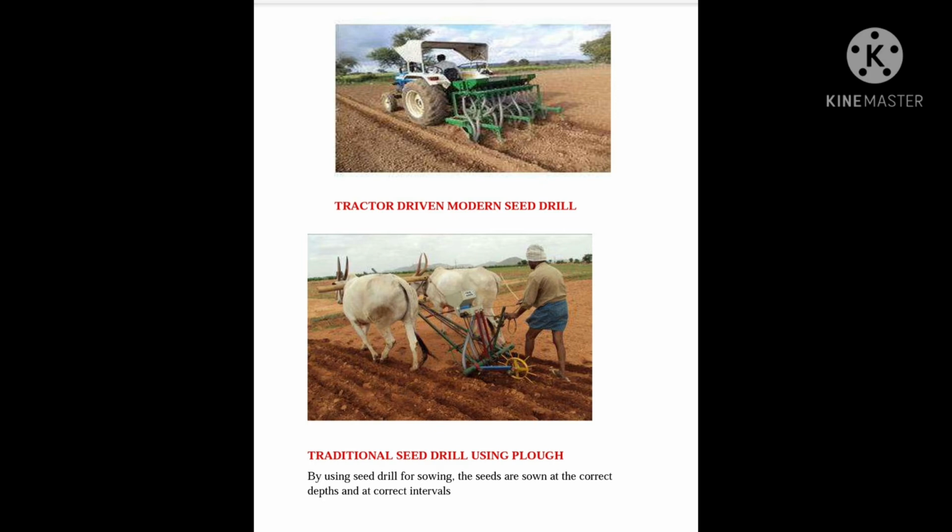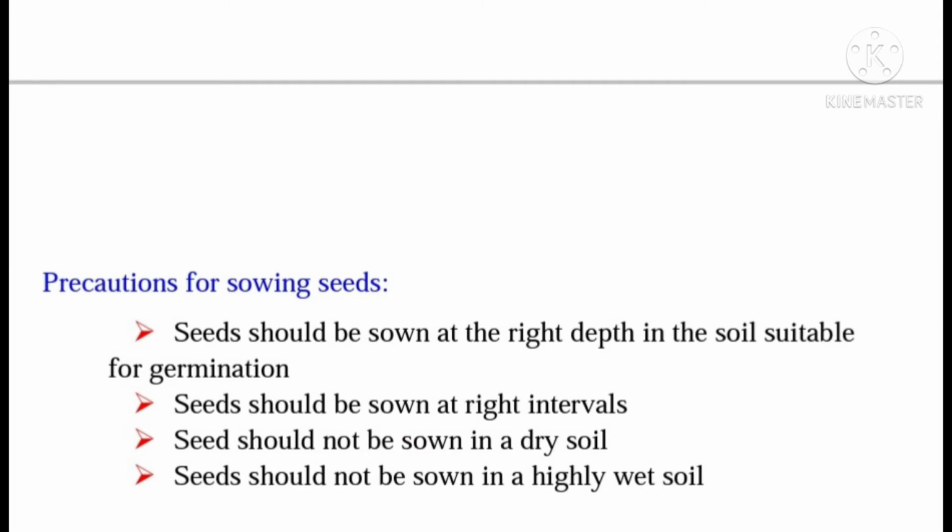Now you can see here what precautions are taken for sowing seeds. Okay, you cannot simply sow, throw or scatter the seeds on the fields, or you may not get the crops. So certain precautions are taken for sowing the seeds, and these precautions are: first, seeds should be sown at the right depth in the soil